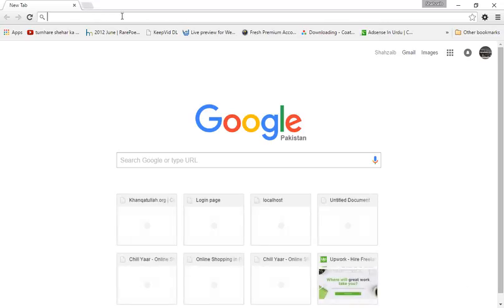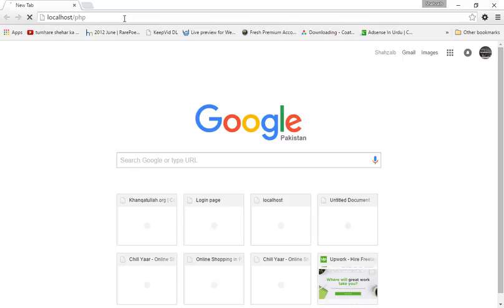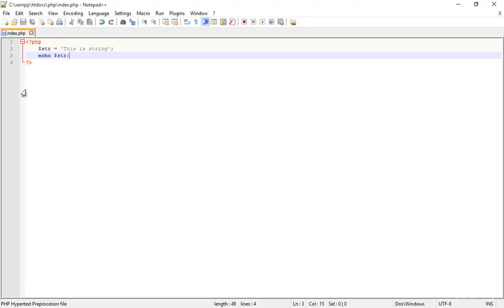I'm going to the browser and testing that. Really cool. Here I'm typing localhost slash php and pressing enter. Now I'm getting the page: This is a string. Okay, perfect. But what more I'm going to do is actually,